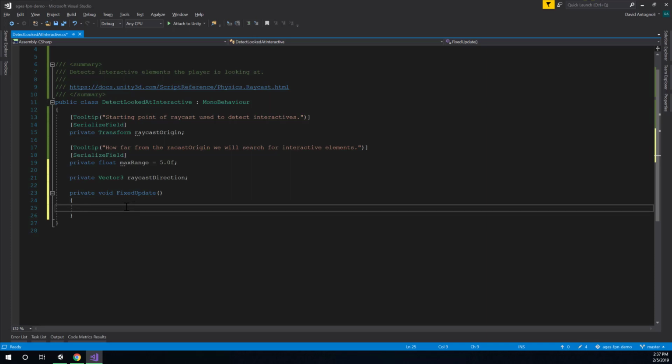But fixed update gets called at a fixed interval. It's still very fast, but it'll be frame rate independent and it will be less of a performance impact on our computer. So we're going to say